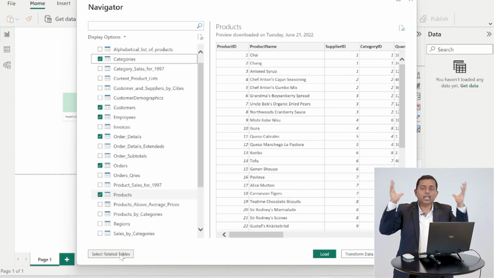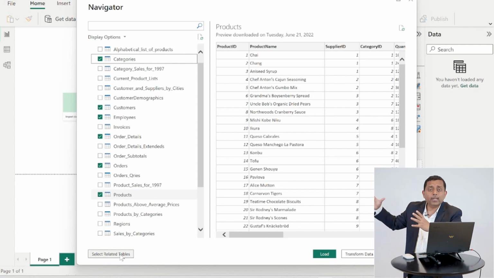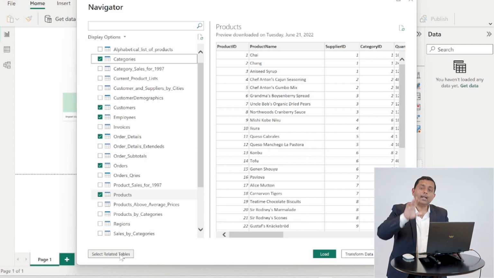Actually, this is a DBMS, an RDBMS primarily, this Northwind database. So in the back end, we have got primary keys, secondary keys, cardinality mentioned, and all these things are there. One to many, many to one, and all this stuff which we are going to see in a short while. But that is there already in the backside. So it has picked up the information from that modeling, from that cardinality perspective,